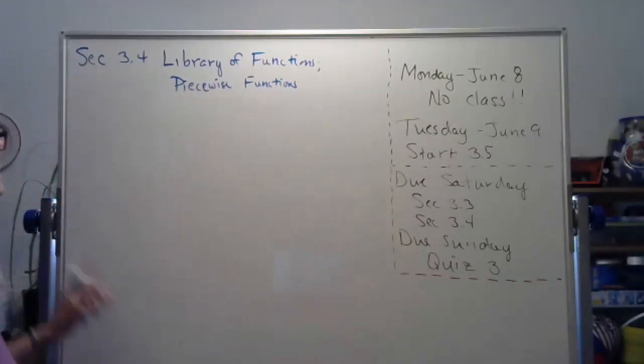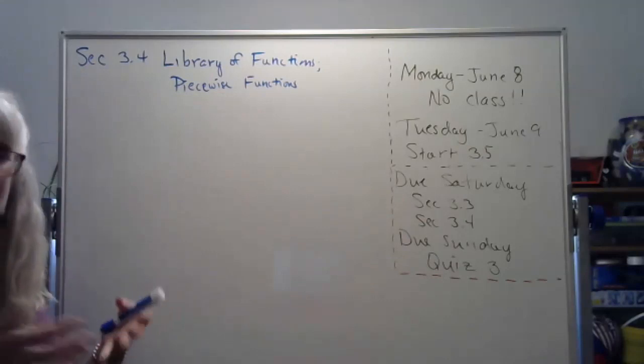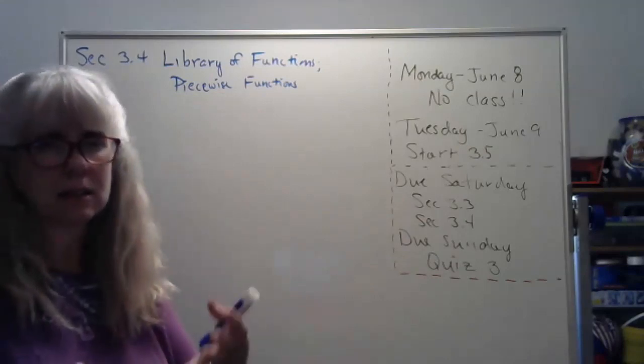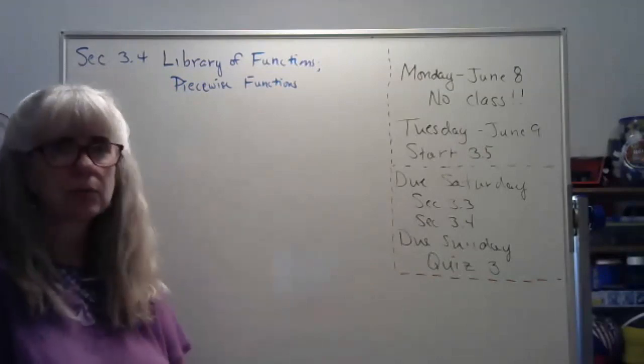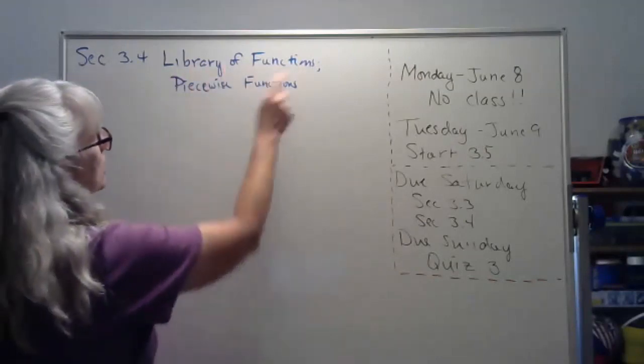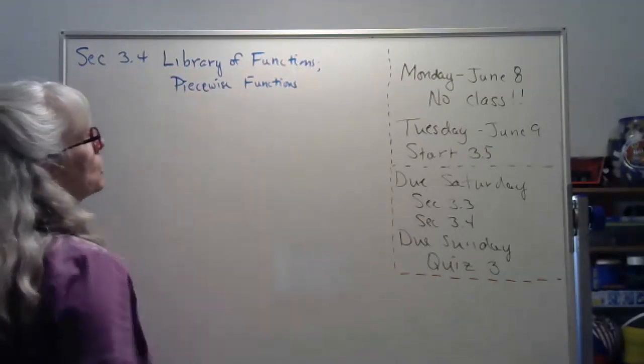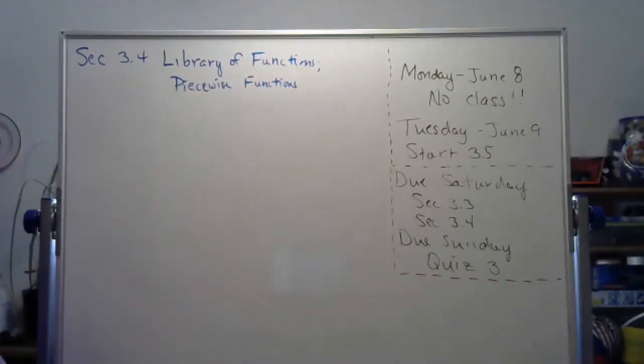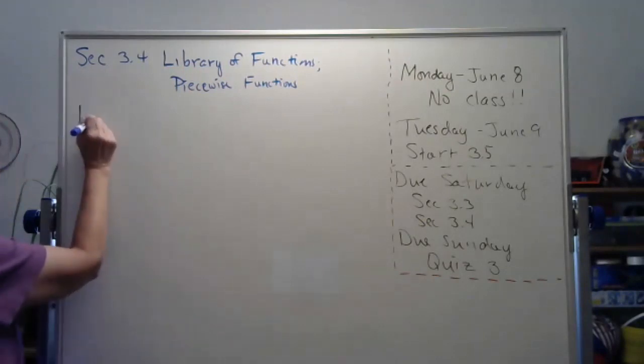So today we're going to do section 3.4. There's a lot of stuff in this section. It's not necessarily a difficult section, but again, it's crammed full of information. So we're going to talk first about the library of functions, and then we'll go graph piecewise functions. So I did send out a handout that has the library of functions. I tend to refer to that library